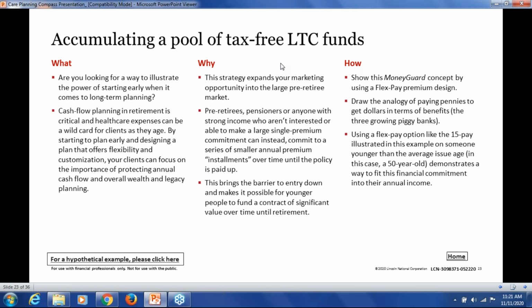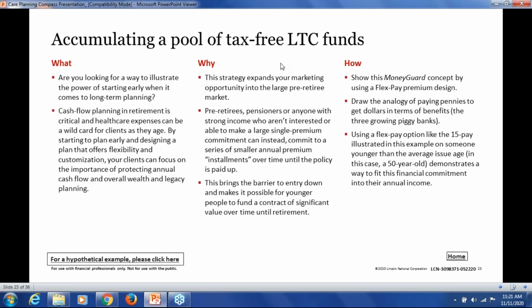All right, this idea of accumulating a pool of tax-free LTC funds. It's really another way you can give your clients to pursue what I would call a multi-pay strategy, where they're not paying with a lump sum. They're paying continually over a period of years. Now, this is really meant for pre-retirees and probably people that do not have that large lump sum to fund a product. You can actually stretch out, in this case, the MoneyGuard product all the way to